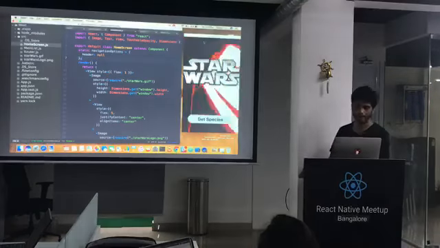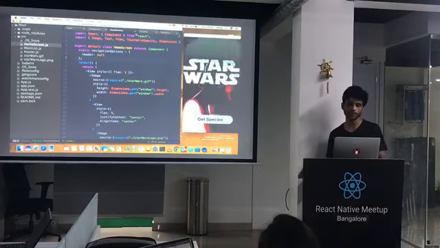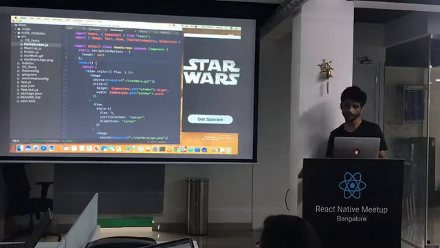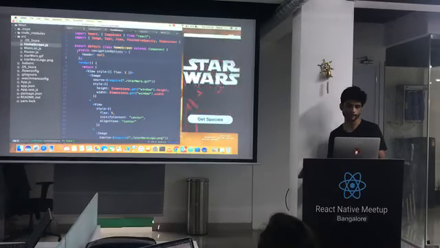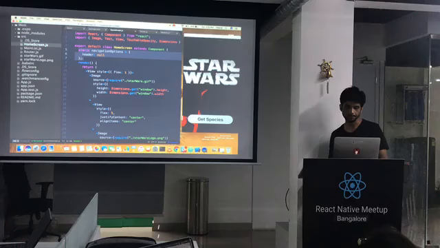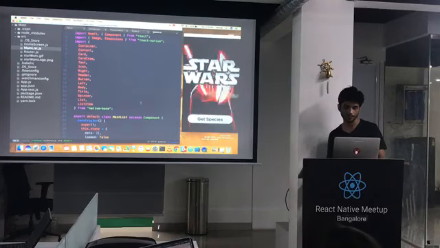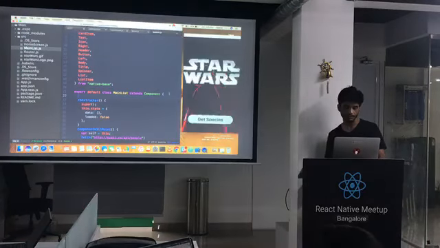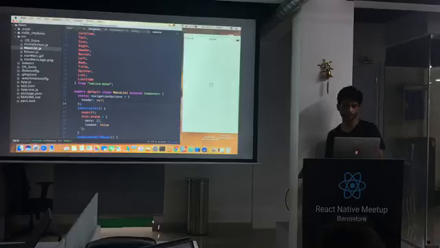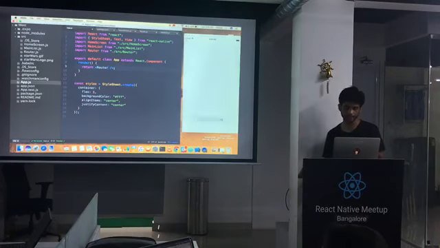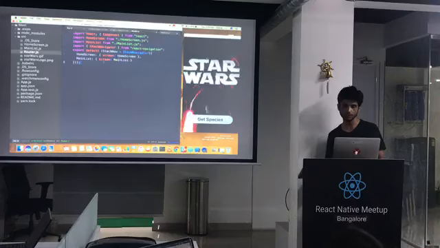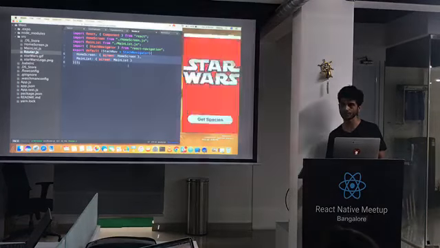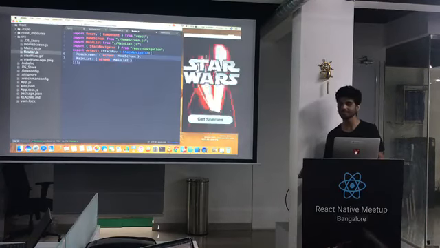We also wouldn't want the header to appear on the other component, the main list, so we'll do the same thing there. Once we've done this, one interesting thing is that we've imported router and inside router we've passed 2 screens. So how does it know which screen to show first? These things are smart, they know.